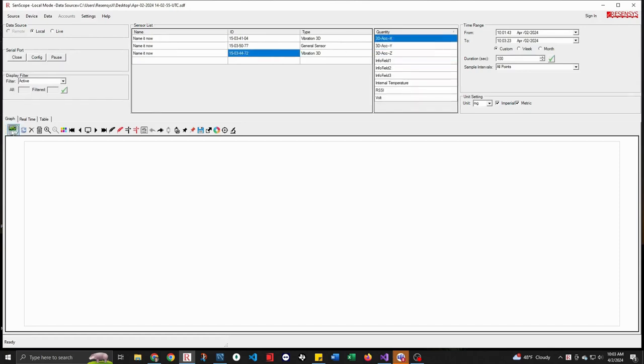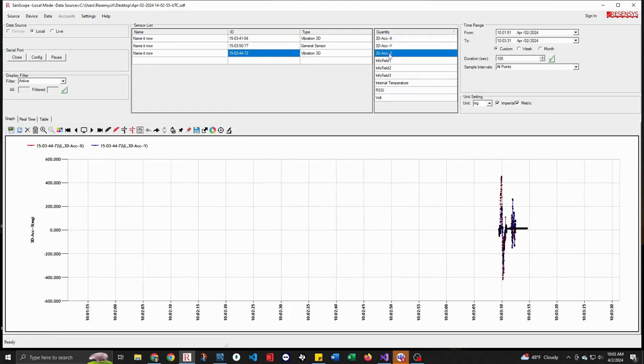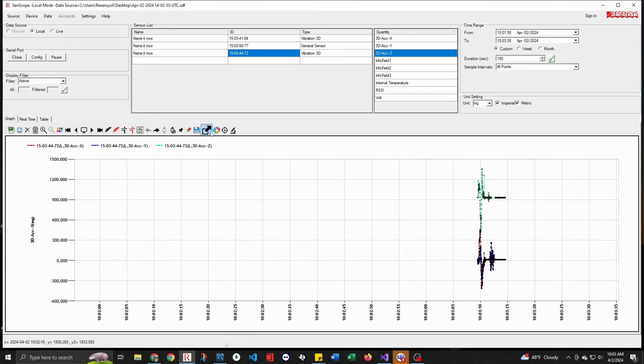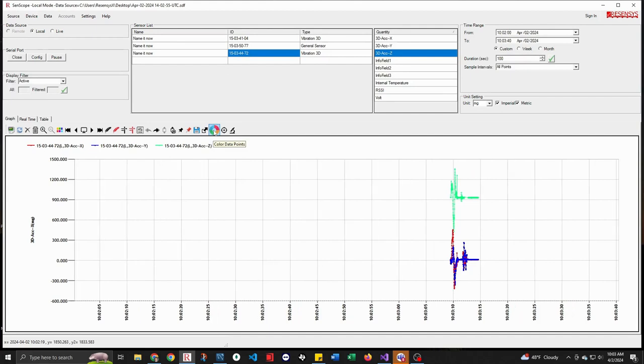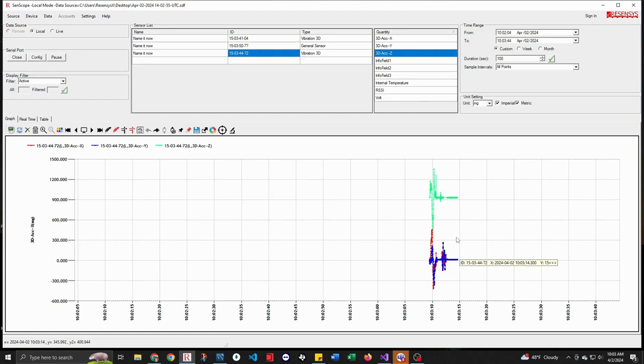I'm going to plot the 3D X, Y, and Z at the same time. And so I have added all three. And I'm also going to colorize the points to make them more distinguishable. So we have X, Y, and Z plotted, and I'm just going to do a quick